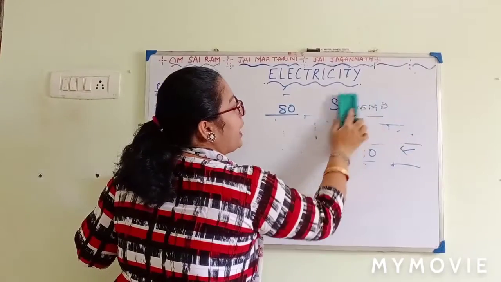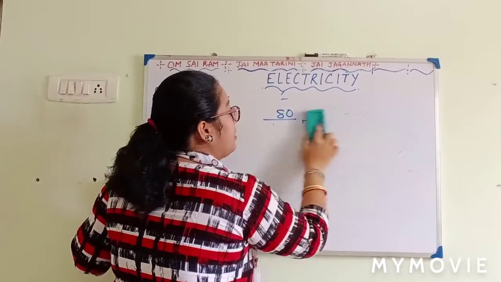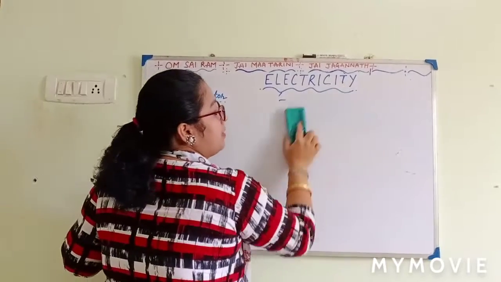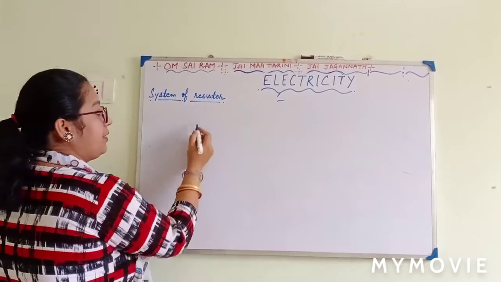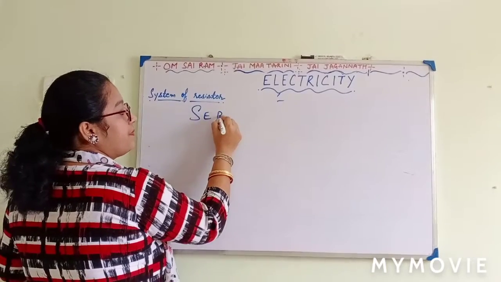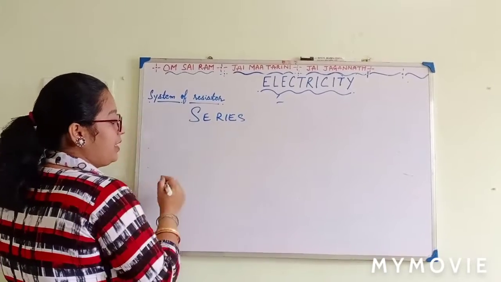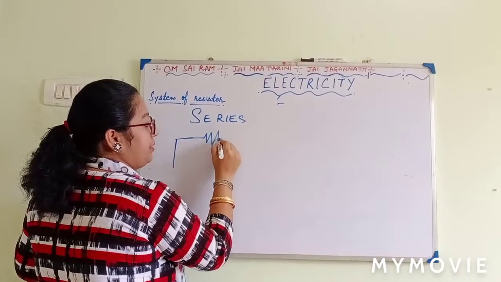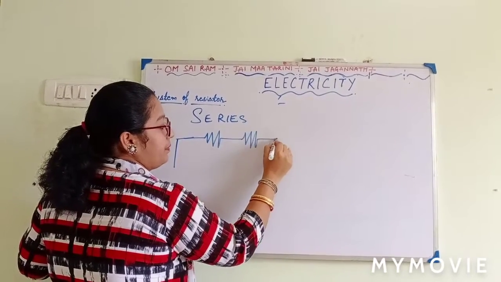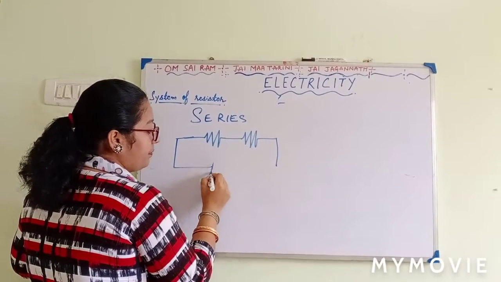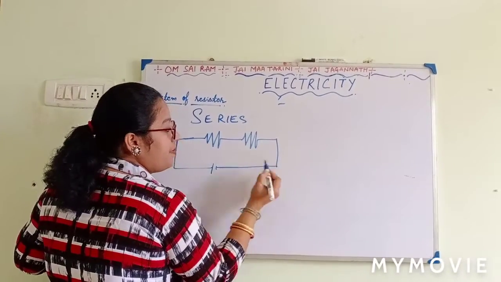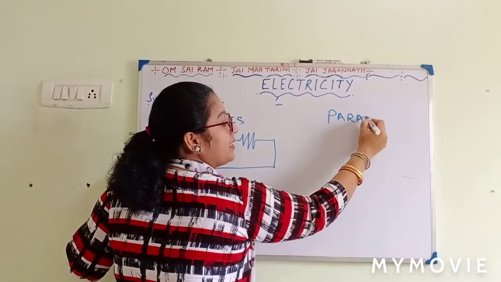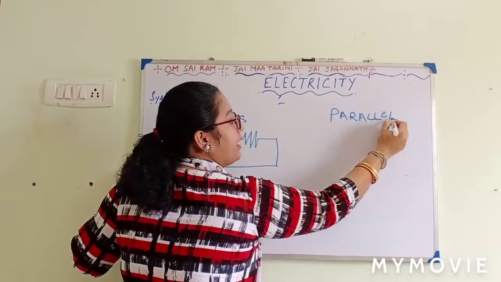So now we'll talk about the system of resistors, the combination of resistors. There are two ways where the combination is done in resistors. The two ways are known as series and parallel resistors. Combination of resistors. Series. So in series connection, how are the resistors? This is known as series combination. And parallel combination is like the second system which we had read in the example.